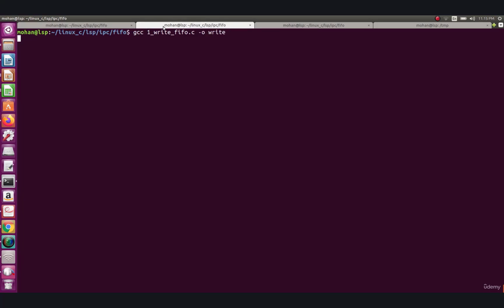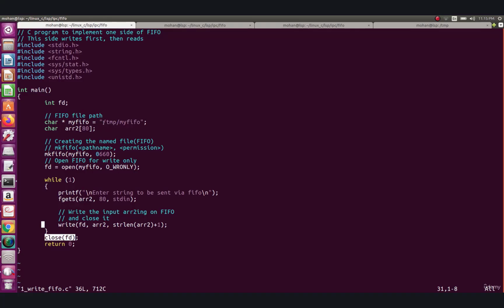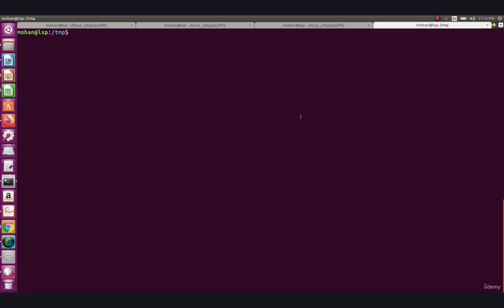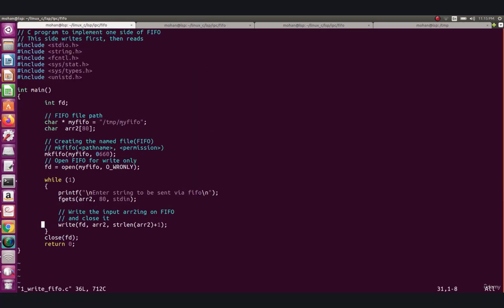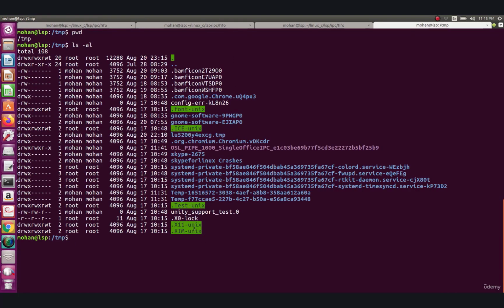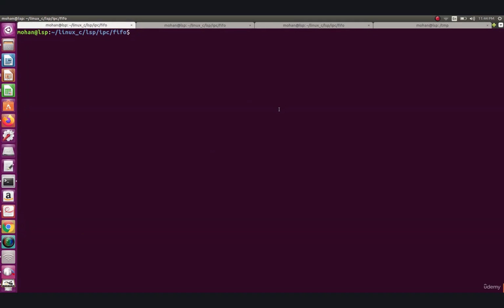Let's name this as write. Before executing this, let's go to the location of this /temp. So here we are in /temp location, and let's see the contents of this. In this, if you see, there is no myFIFO file which is present. So myFIFO is the FIFO which is going to be created. So if you see here, there is no FIFO by the name myFIFO. Now